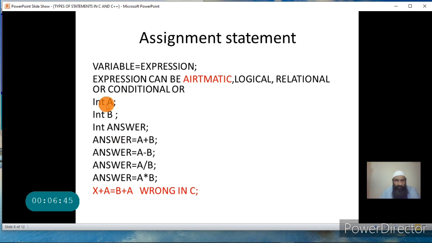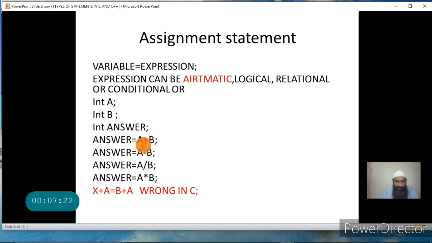Now I am declaring a variable, that is, a is being declared. We say a is being created, we say a is being declared. In other words, we are naming a location with name a. Declaring a variable means naming a location with the name that is given by the programmer. In fact, first we should give the data type. This syntax we have already discussed. Next, I am declaring a variable b, and in the third step I am creating a variable answer. Now in answer I am assigning the value of the expression, that is a plus b.